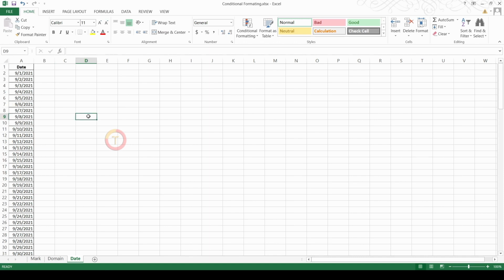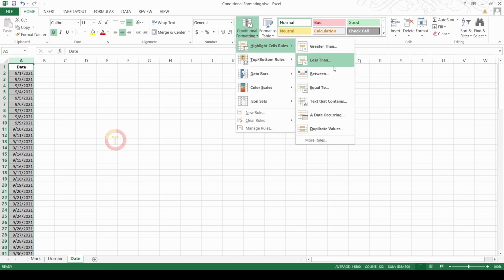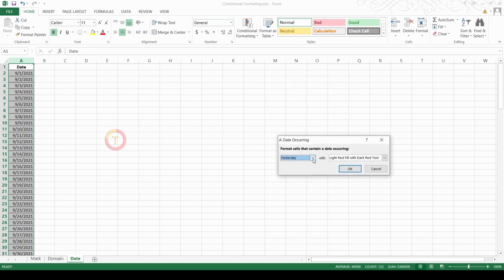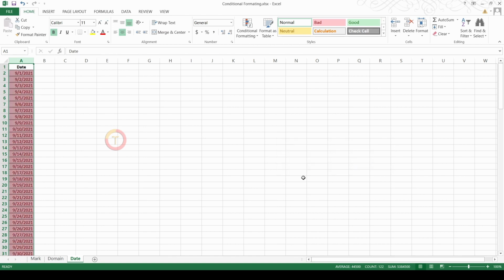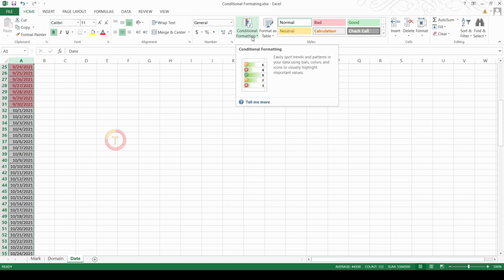Suppose I need to highlight last month's dates in red, this month's dates in yellow and next month's dates in green. For that, select the range, click on conditional formatting, highlight cell rules, a date occurring. We need to select last month and the format option is red. Press OK. So all the dates from last month got highlighted. Now I need to repeat the same thing for the next set of dates.